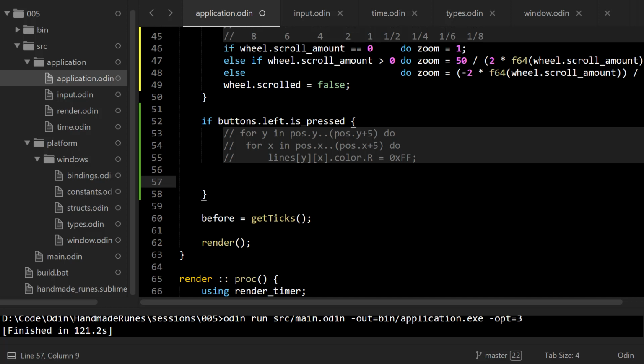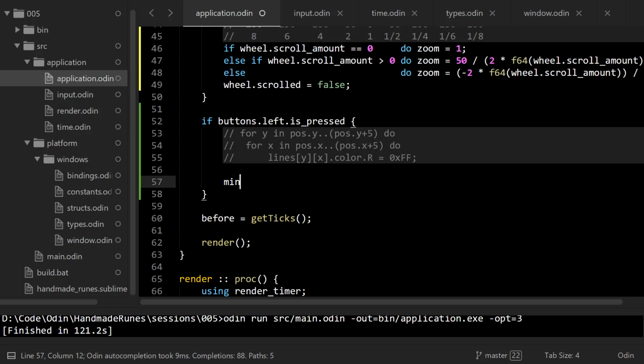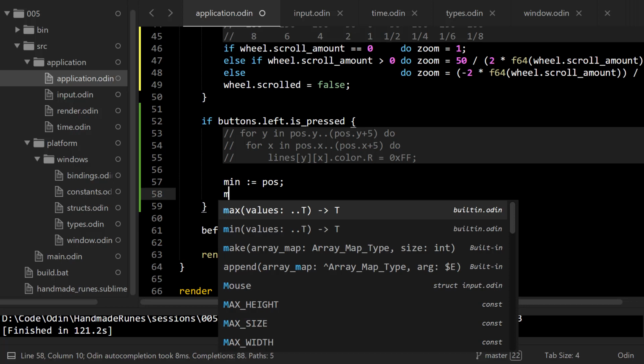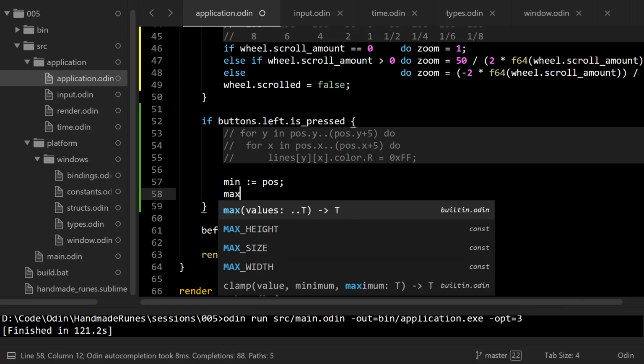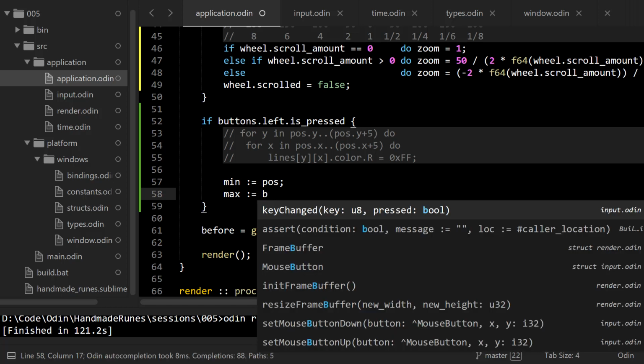So we just have a min 2D coordinate and the max 2D coordinate. Our min 2D coordinate is going to be, we're going to assume, the position of the mouse, and the max is going to be